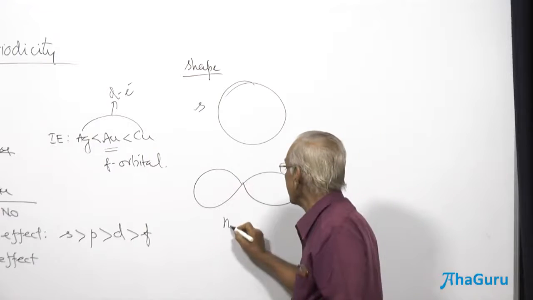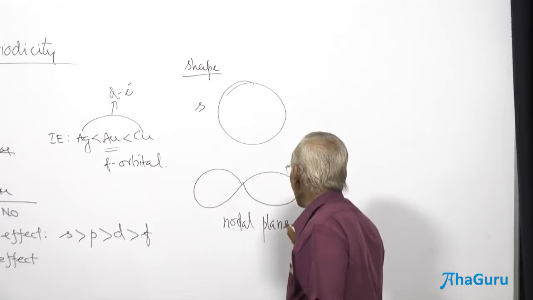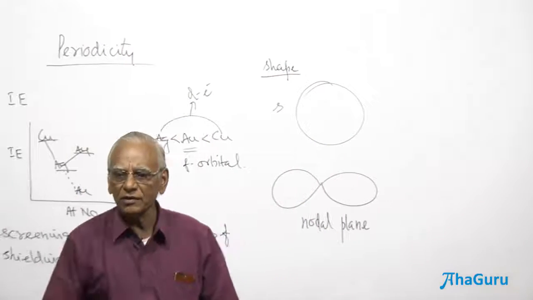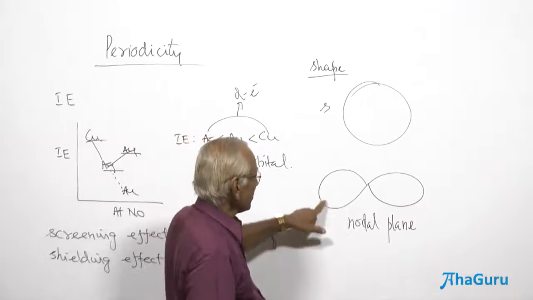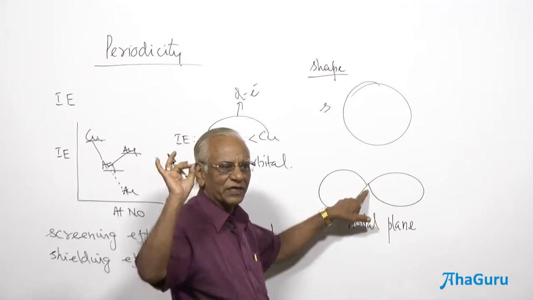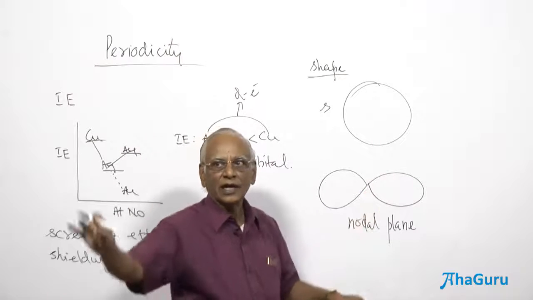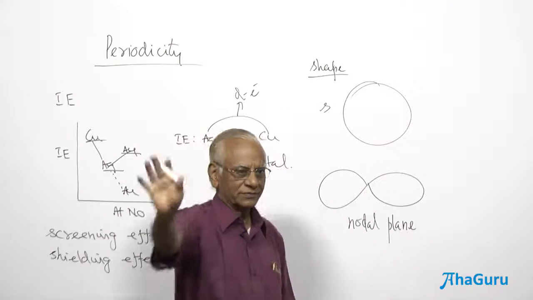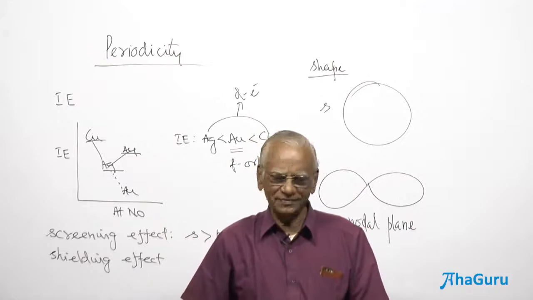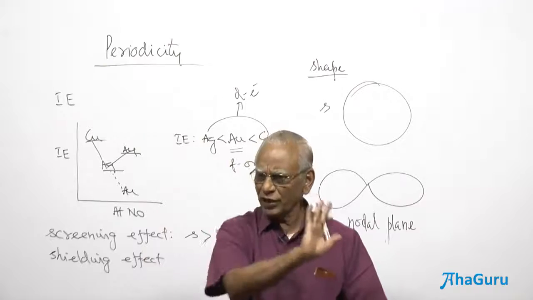Nodal plane is a region of minimum electron density. With a word of caution, you should not say electrons revolve around the p orbital and enter the nucleus. No, it's a different aspect. It's very difficult to visualize an atom and electron. If you want to visualize an electron, forget about the nucleus. Don't go anywhere near it.